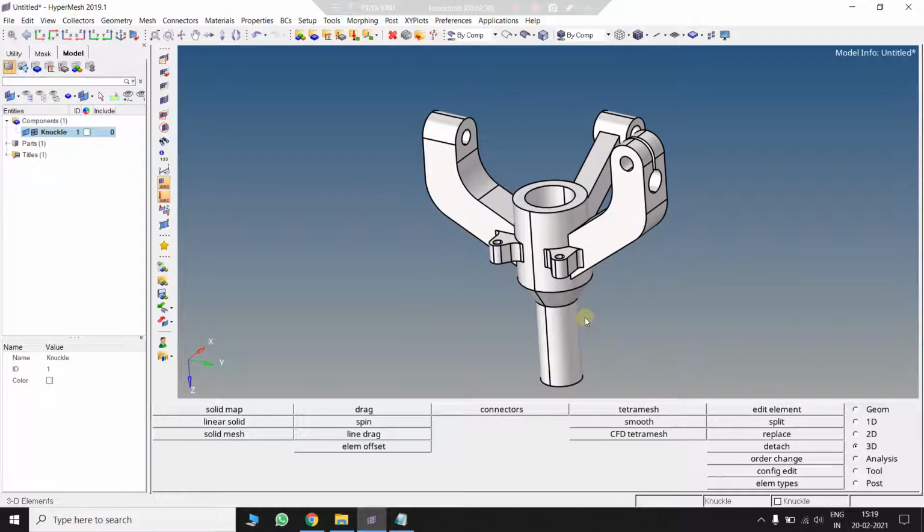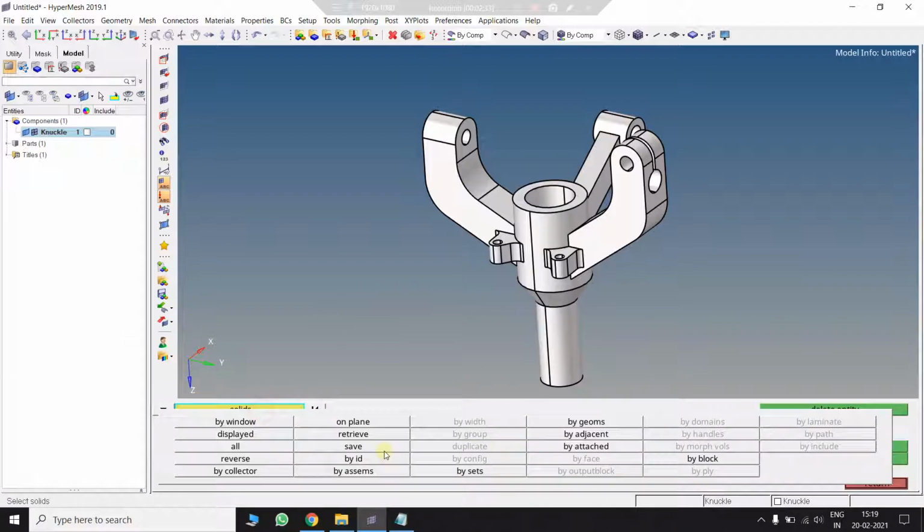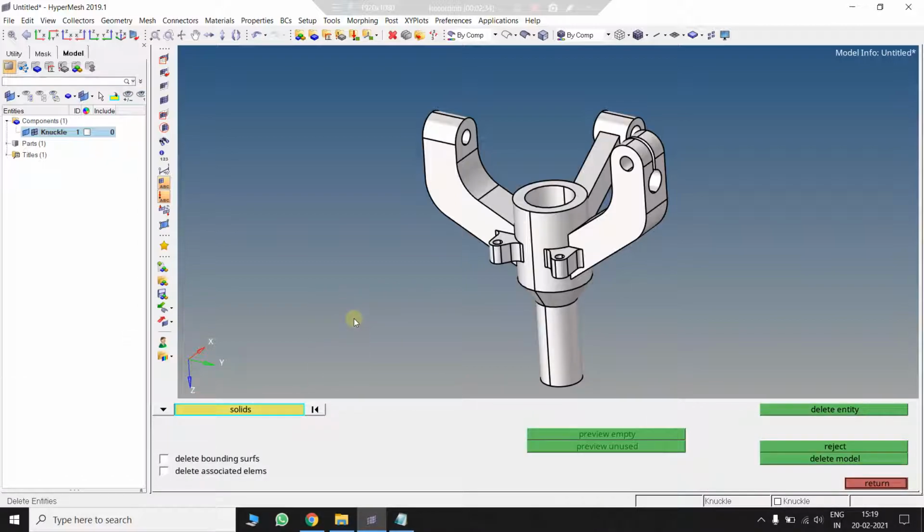Now we will first delete the solids because that is important if you want to create a tetra mesh. A tetra mesh will be created by first creating 2D R-tria elements, and then those will be used in creating the tetra mesh. Now press the F2 button.